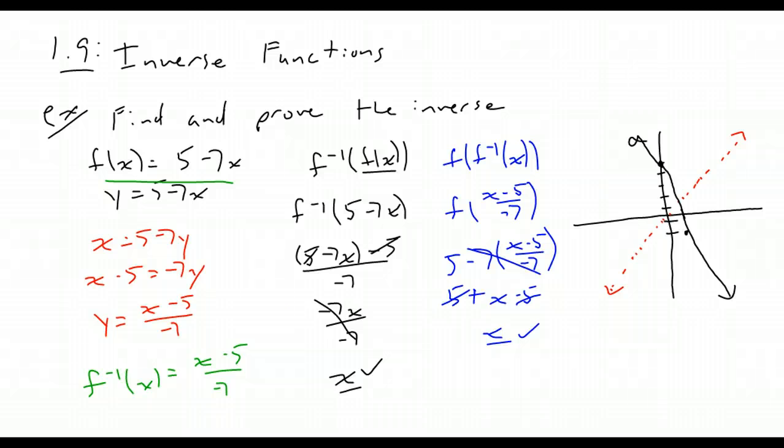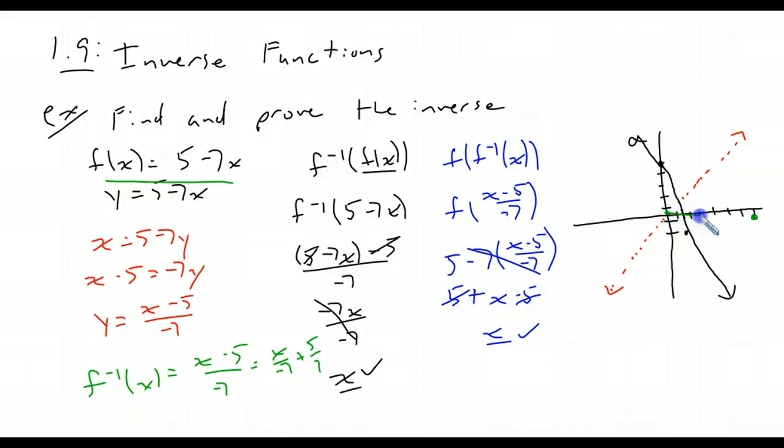If you want to, you can rewrite this to help yourselves out. This is x over negative 7 plus 5 over 7. So I know I'm going to cross the y-axis at 5/7, so it's somewhere in there. I'm going to go down 1 over 7, so let's make my little tick marks. 1, 2, 3, 4, 5, 6, 7, how about? So I went down 1 over 7, and I'm going to draw a straight line